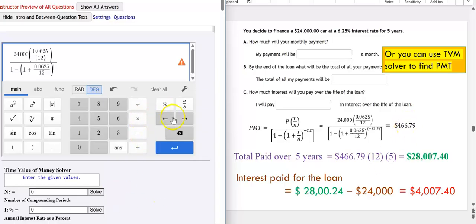To raise the power you can use this button, or use the cursor, and put parentheses in the power because I want to type negative 12 times 5 in the power, then close parenthesis. So you type this exactly as it is in the calculator